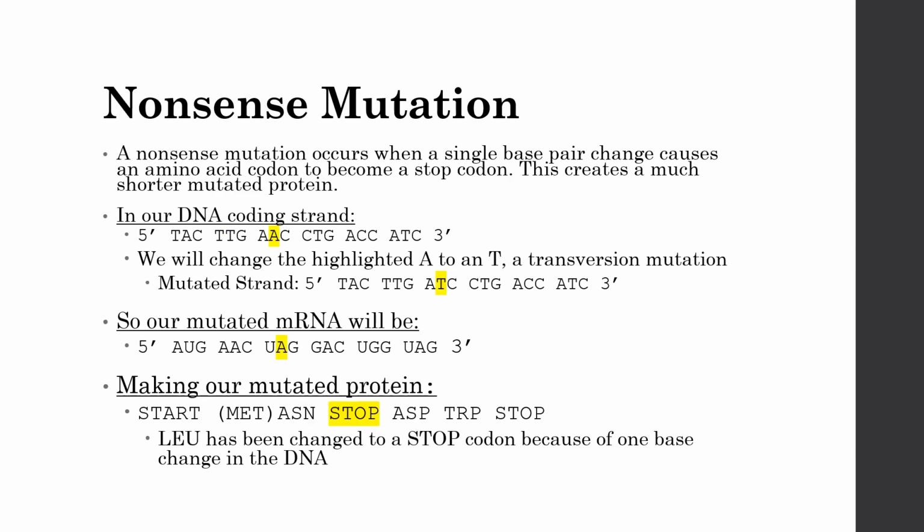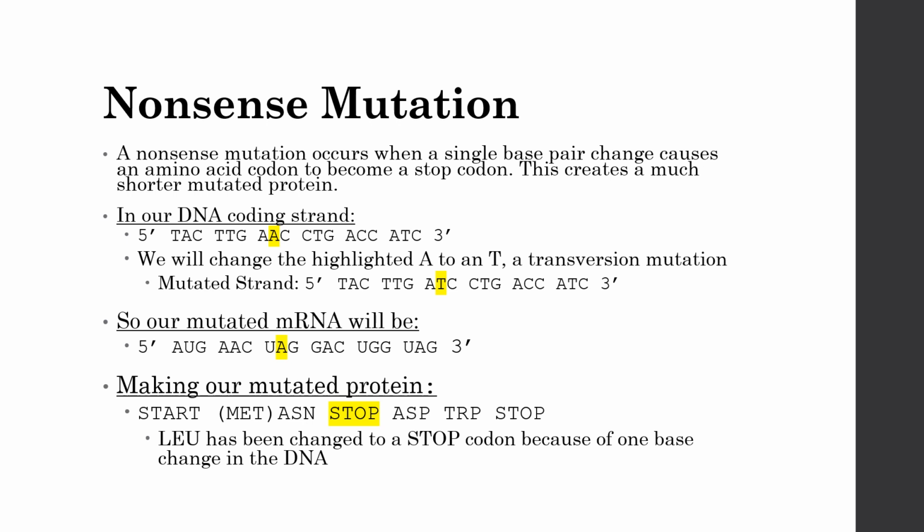A nonsense mutation occurs when a single base pair change causes an amino acid codon to become a stop codon. This creates a much shorter mutated protein, and we can apply this to the lock analogy by thinking of this as a key that is much too short to touch all of the pins in the lock, causing the lock